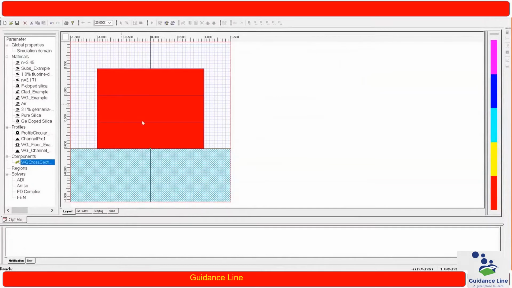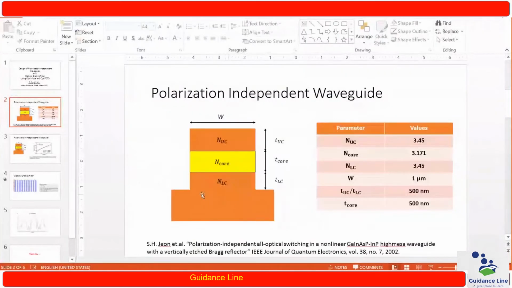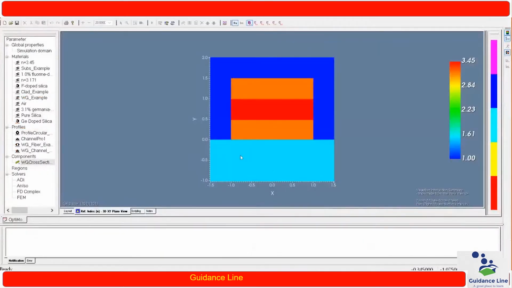So as you can see over here, it automatically creates the layered structure. Okay, now as we click on the refractive index profile, you can see in the refractive index profile we have a very clear view that the maximum refractive index is 3.45 over here, and the upper cladding and lower cladding have an index of 3.171, which is lying somewhere over here. But now over here we have a refractive index of some other value. Okay, but in our structure we have a substrate which is similar to the material of the lower cladding. Okay, so I have to change this particular thing.